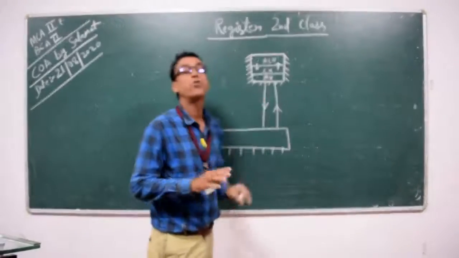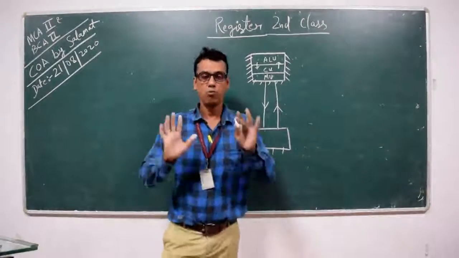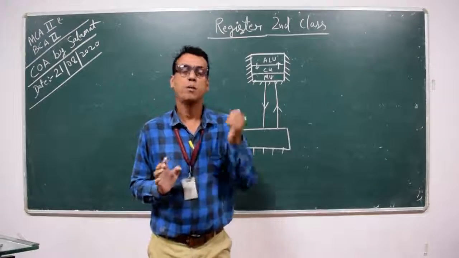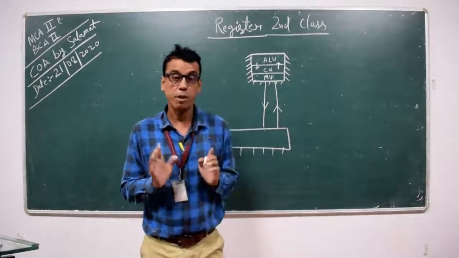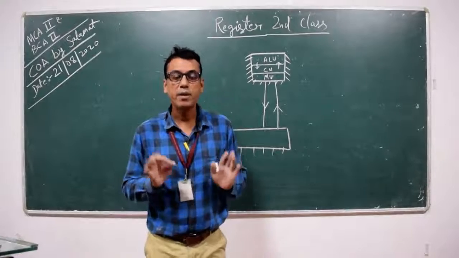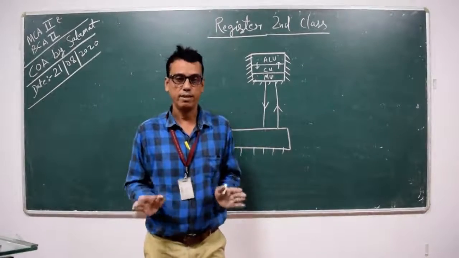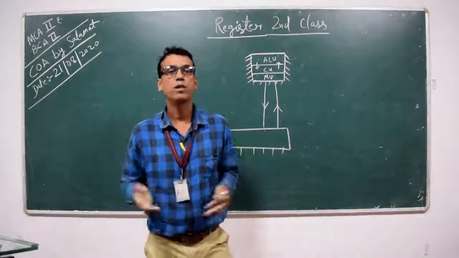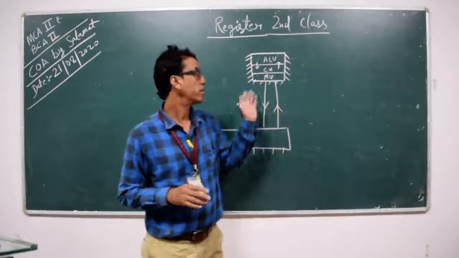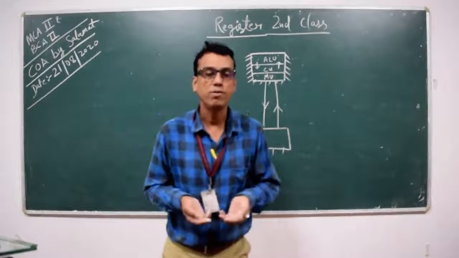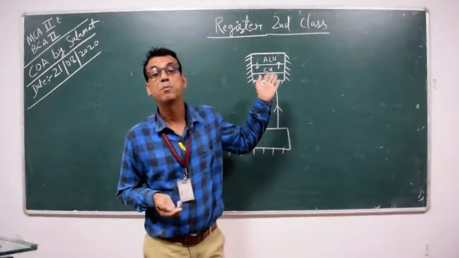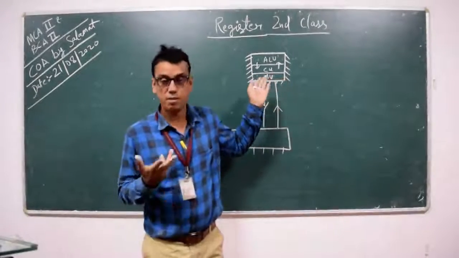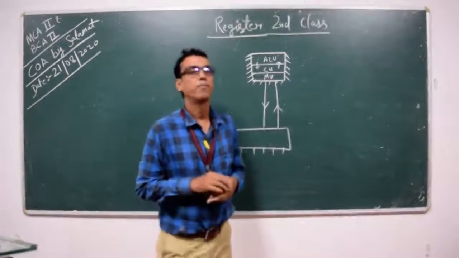And this memory is known as register. This is the most simple concept about register memory: the memory inside the microprocessor is known as register. Now, when you explore the knowledge about register memory, a lot of things will turn up. It is the highest speed memory, the fastest memory in the computer design.